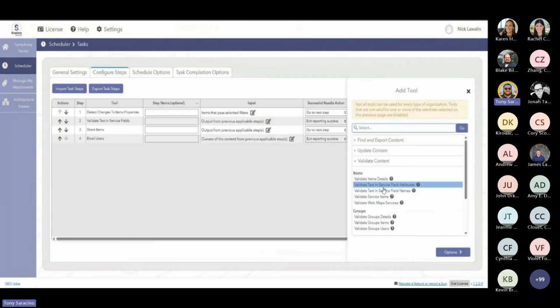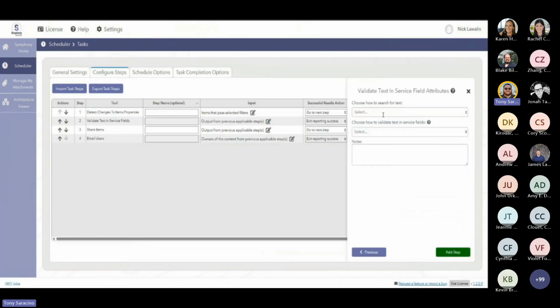We also have this validate text and service field attributes. This is really useful from a security privacy point of view. So let's say you have a service that contains sensitive information like social security numbers, and you need that information for your organization, but obviously it would be a big problem if that information was shared publicly and if that service was shared publicly. So Scheduler can actually go through, look at your services, and it can look at the